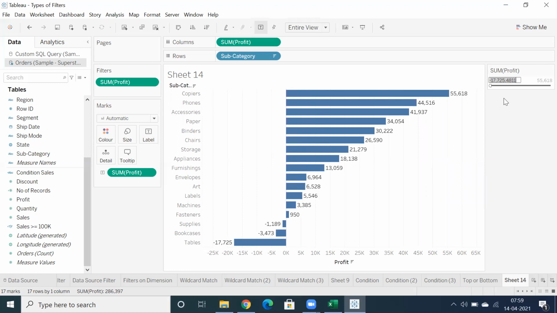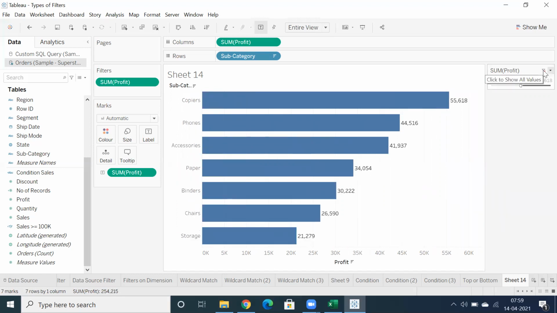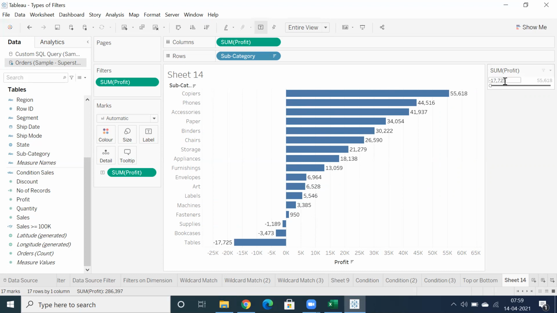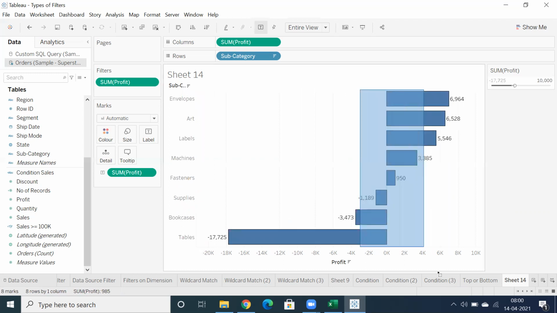Let's say I want to display greater than zero, say like profit greater than zero, or let's say I want to display profit greater than 20K, right? So that's a flexibility we do have. So you can provide only minimum value, right? At least or minimum value. So the maximum value is disabled. Okay, let's go for at most. Now the minimum value is disabled. Now you can provide, okay, sales less than 30K, right? You can provide sales less than 30K or sales less than 10K, sorry, not 100K. Something like this. You can provide a number.